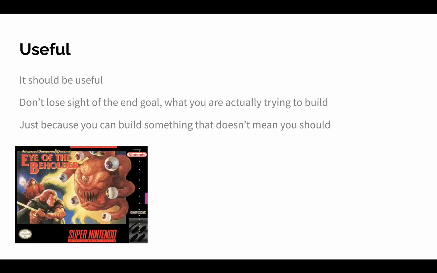The first facet of user experience is that it should be useful. This is a rather straightforward design principle. The things you make should be useful. It makes sense. Where this usually will come into play is when you are, as a developer, something I've done